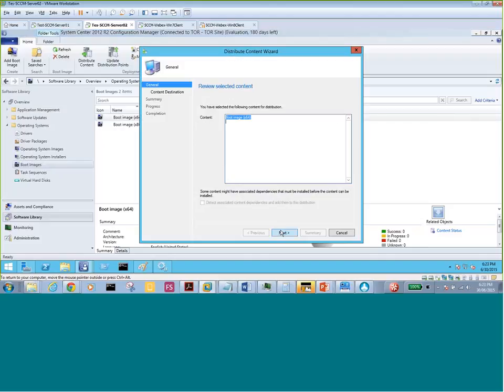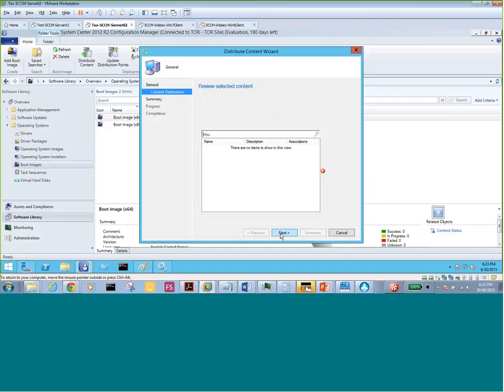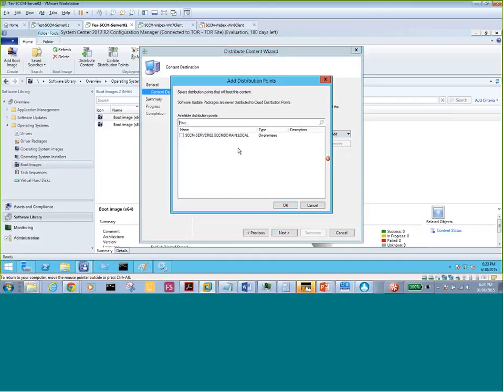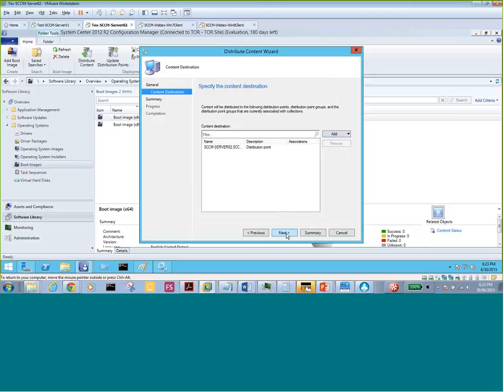Whatever changes we made in the boot image, we are telling the distribution point, hey, Mr. Distribution Point, we made these changes. Can you update your records about that? And which distribution point? Click add, go to distribution point. Of course, our SCCM server is our distribution point as well. Press OK. Next,